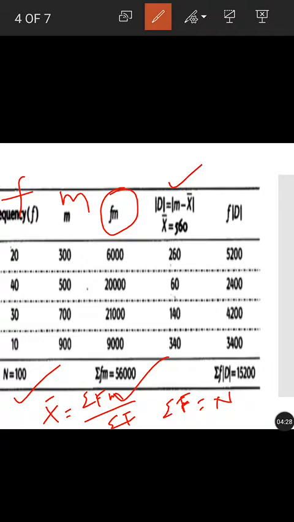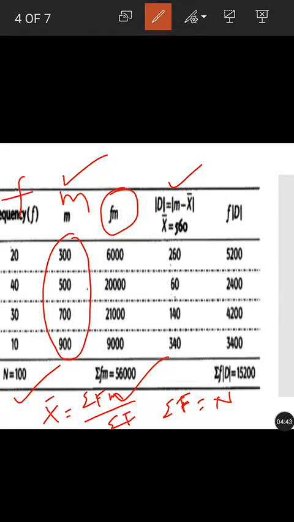So x க்கு பதிலா நம்ம class interval க்கு என்ன கண்டுபிடிக்கிறோம்? Midpoint கண்டுபிடிக்கிறோம். அதனால் midpoint minus x bar. x bar ஓட value என்ன வந்து நம்மளுக்கு 560. So midpointல இருக்கக்கூடிய இந்த எல்லா values நம்ம என்ன பண்றோம்? Minus x barல நம்ம எடுக்கிறோம்.